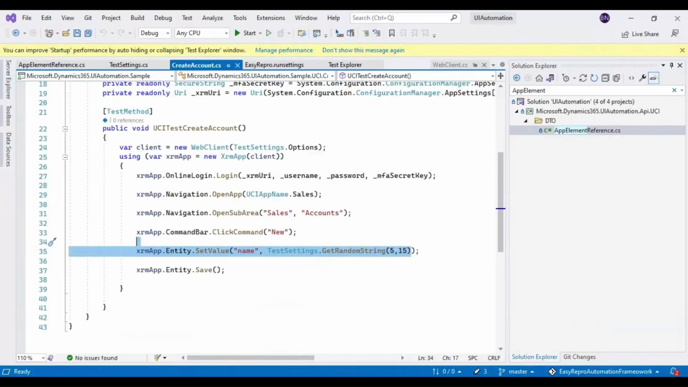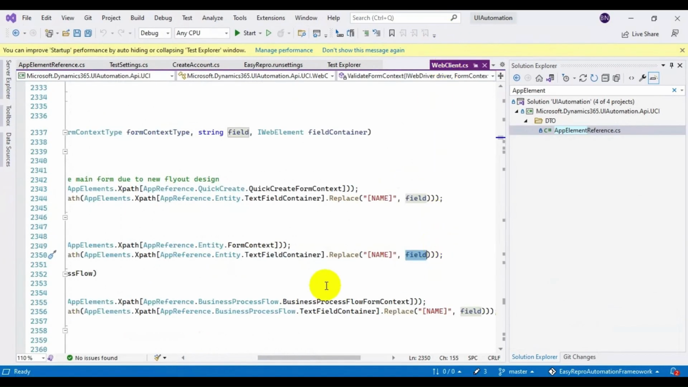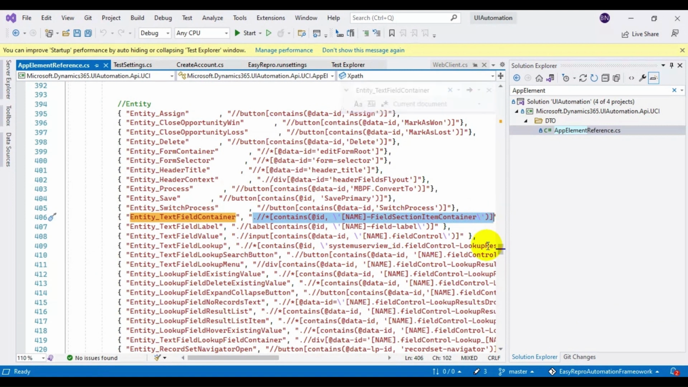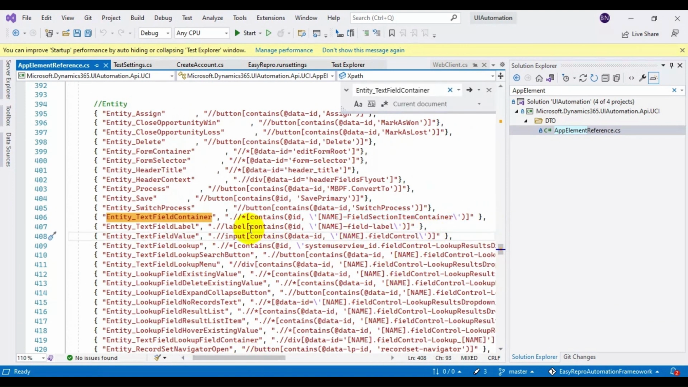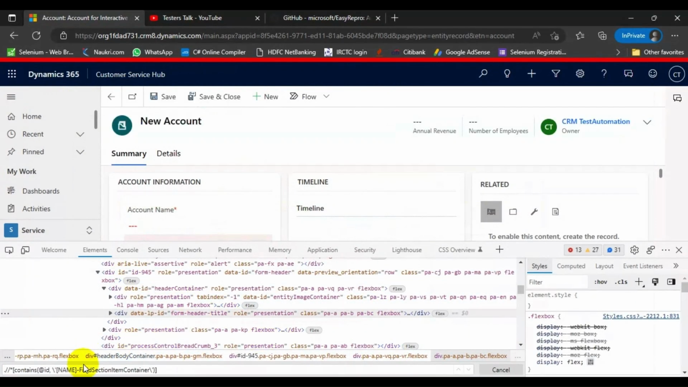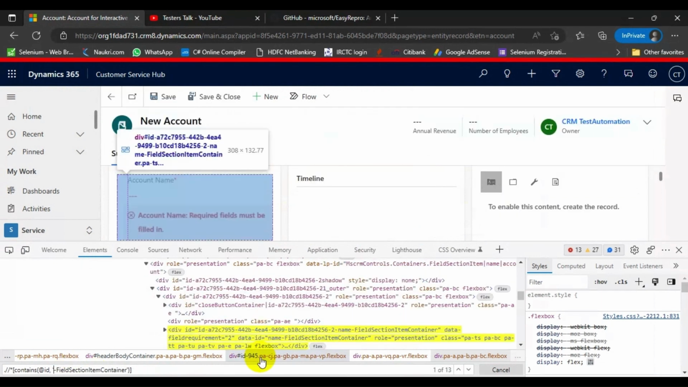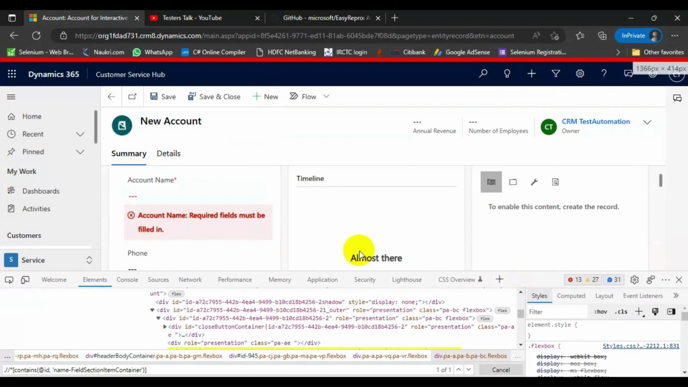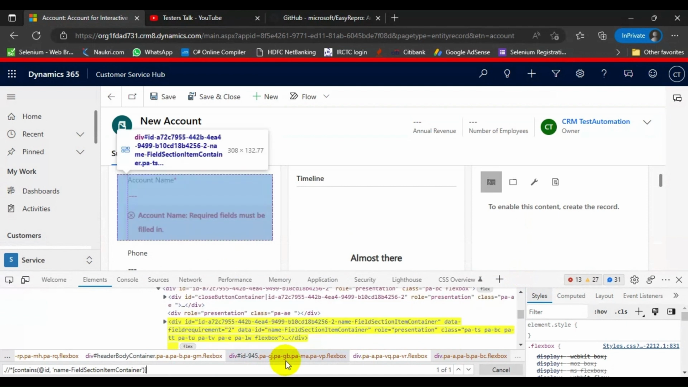I have not copied the full XPath. Let me copy once again, in the app element reference.cs. I need to copy this whole Xpath, guys. So just copy the whole Xpath. After copying it, simply paste it here. We'll replace this particular name with the name, whatever the field name we have. Right, it is highlighting the account name field, guys. If you look at this one, it is highlighting the account name field, the whole field name, as well as